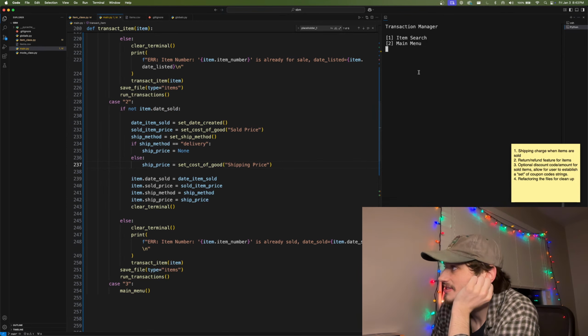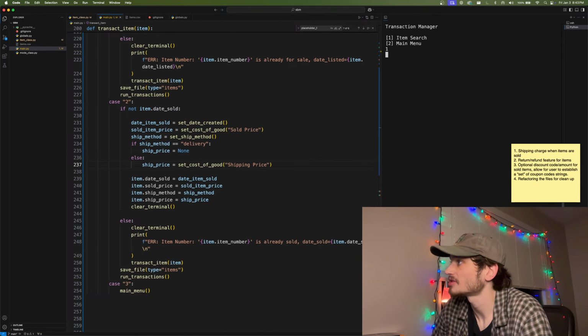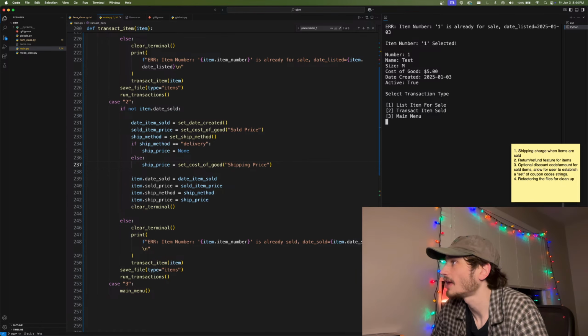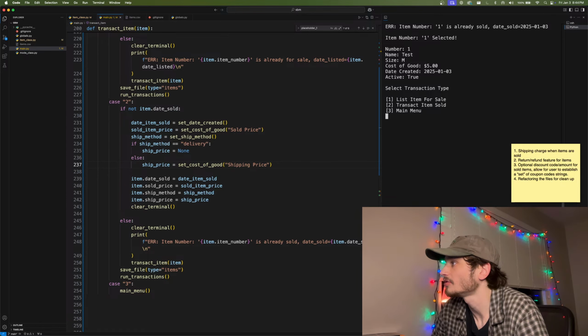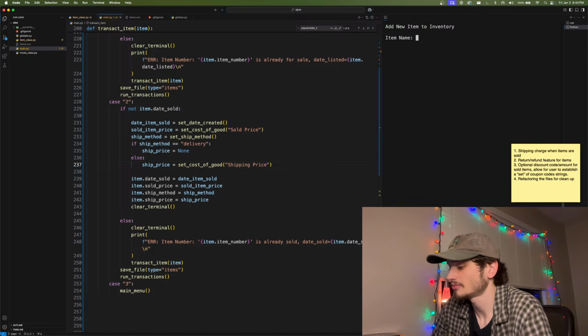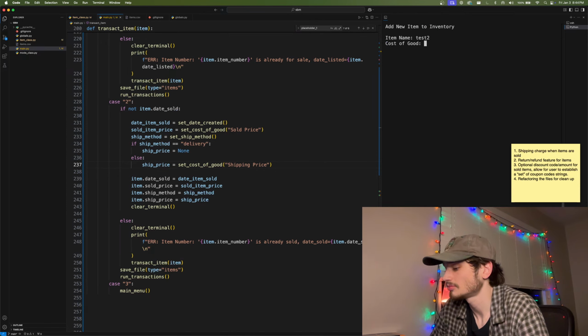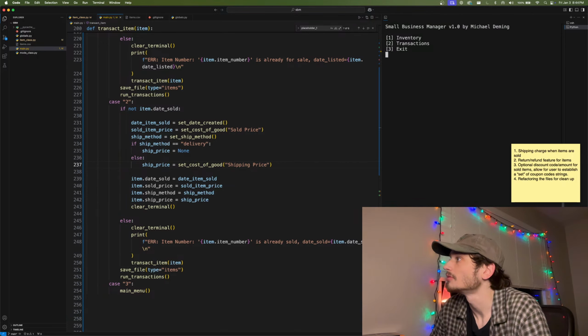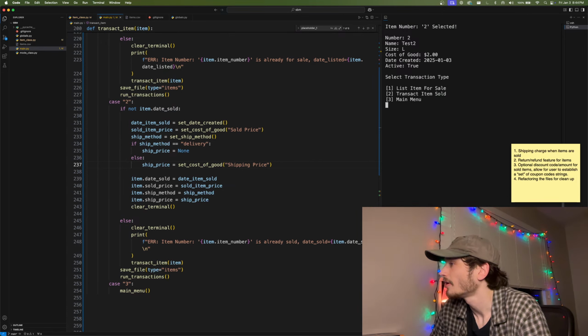Now I do want to make this a little bit cleaner. If we go item number search, item number one, we get that error. Perfect. If we get two, it's already for sale. So we need to go inventory, add item, test two, medium, cost would be 10, size large, yes, quantity 1. Transactions, item search, item number 2. So if I press list item for sale,